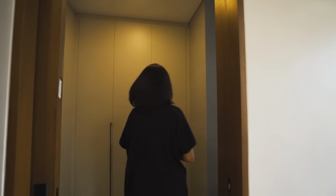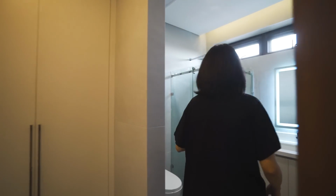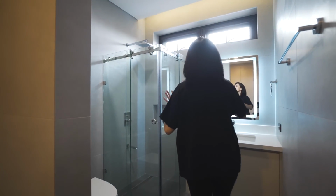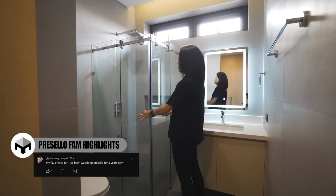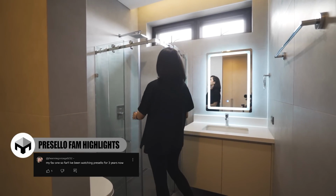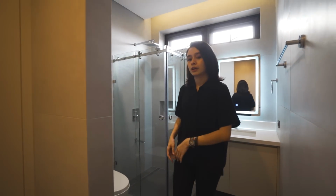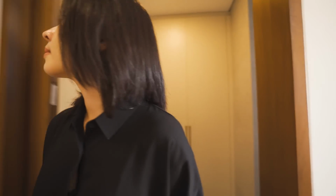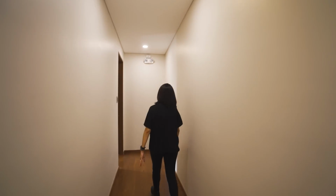Okay, so this also has an ensuite via the pocket sliding door. You have your wardrobe space over here, and then your toilet, your sink, and then your enclosed shower space. Now what's different about this one is it's a corner shower space, unlike the previous toilet and baths that we've seen so far. And the last door at the end of the hall